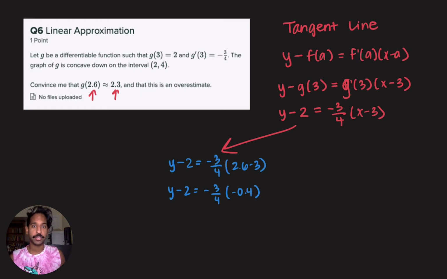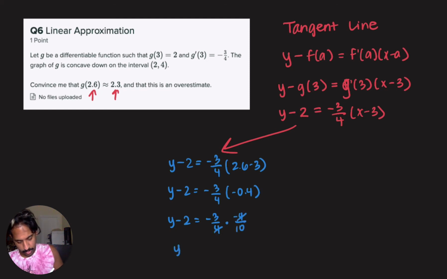I prefer fractions, so I'm going to convert that negative 0.4 into negative 4 over 10. Y minus 2 equals negative 3 over 4 times negative 4 over 10. See, those 4's will cancel, so this becomes y minus 2 equals negative 3 over 10. Then I add 2 to both sides, or I can rewrite this 2 as 20 over 10. So I'm going to add 20 over 10 to both sides. So I get y